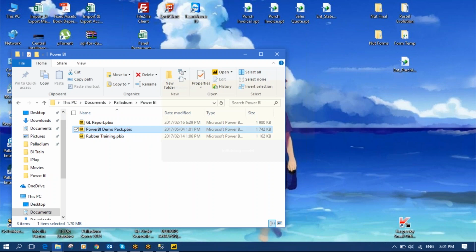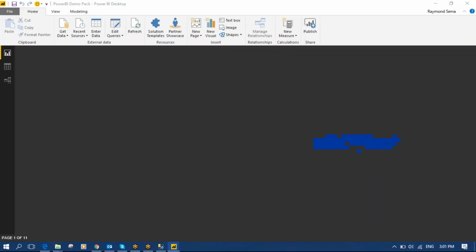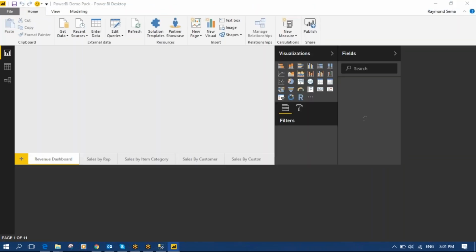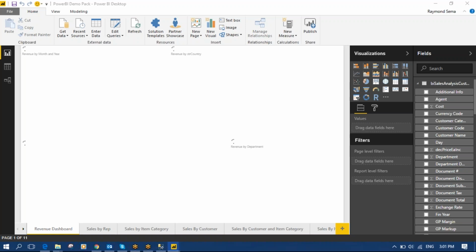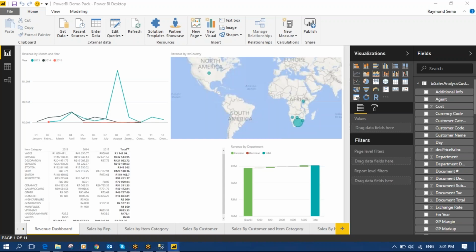Okay, so another thing that you can bring into Power BI would be your views, your SQL views. So if you created or want to create a view that brings together more than one table, to have relationships and to bring in data from different tables, you can bring it also into Power BI. Okay, for example,